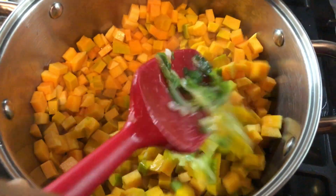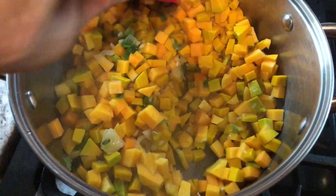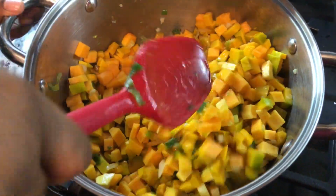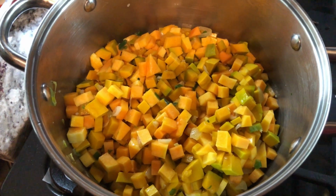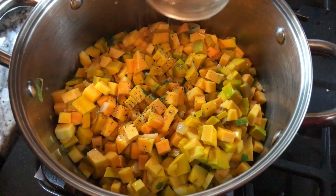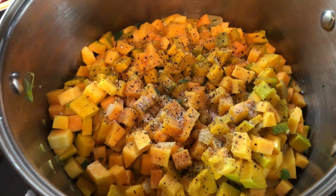So we're gonna give this a mix so all our ingredients can evenly distribute. And I'm gonna go in with some salt and black pepper. I like to add some roasted jeera too in my pumpkin or butternut squash, but today I'm gonna leave it without because I want the full flavor of these two pumpkin or squash that I added. So black pepper and salt. I'm gonna mix it again,